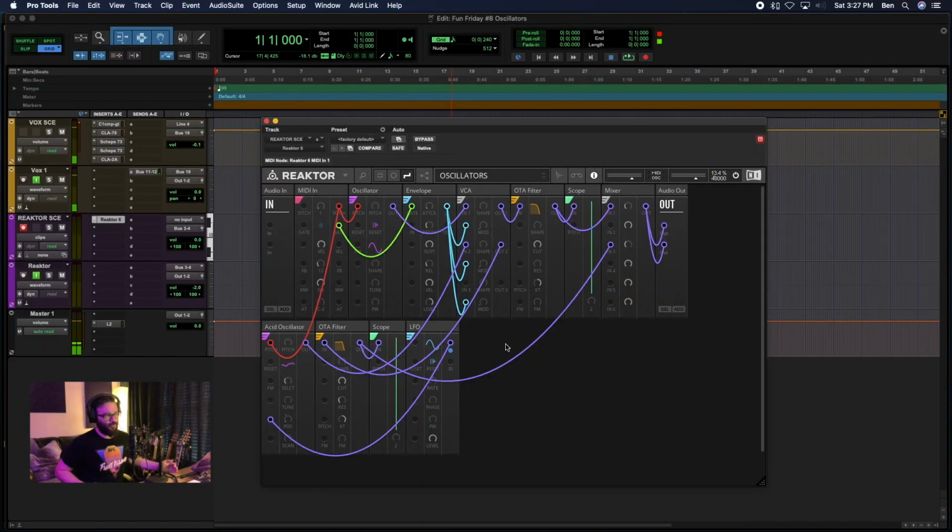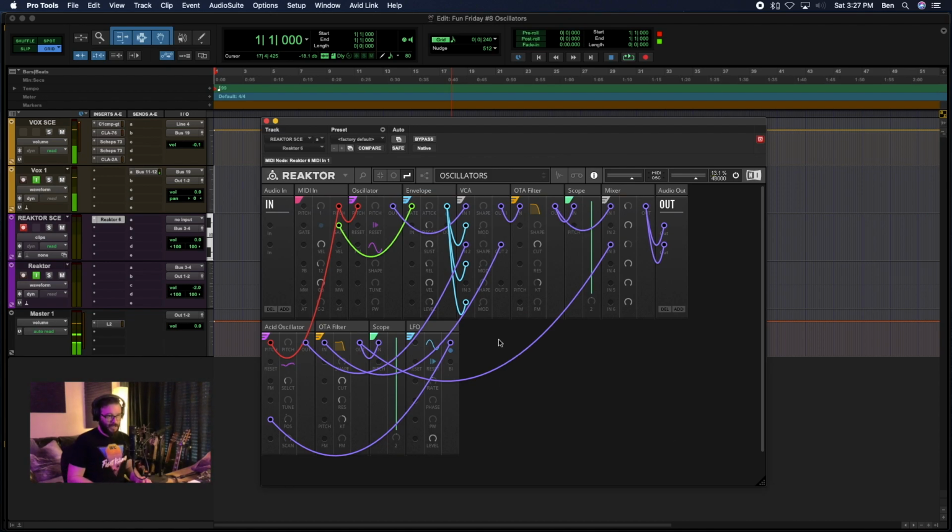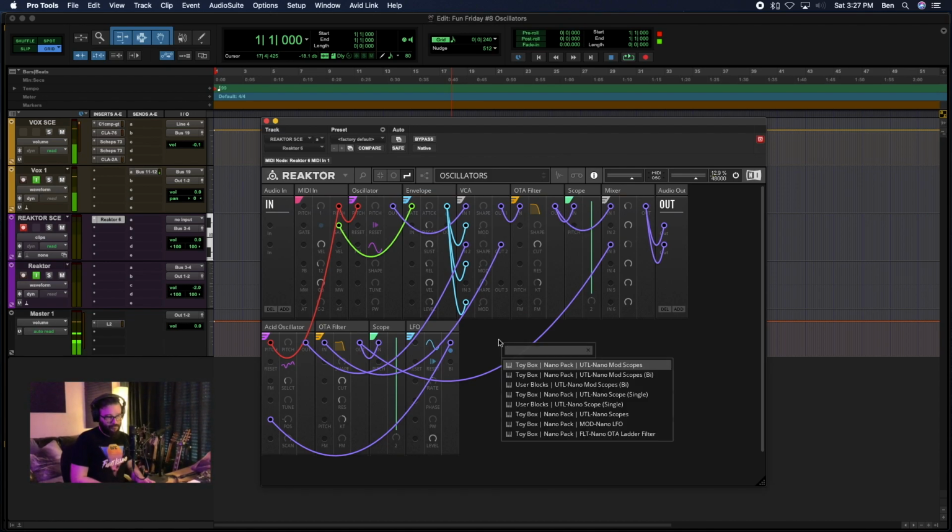What is up, everybody? We are once again getting right back into reactor blocks and looking at the various oscillator types that they have within the TOYBOX NANO PACK library. Again, if you just click into the interface, hit the enter key so that you can start searching for things,